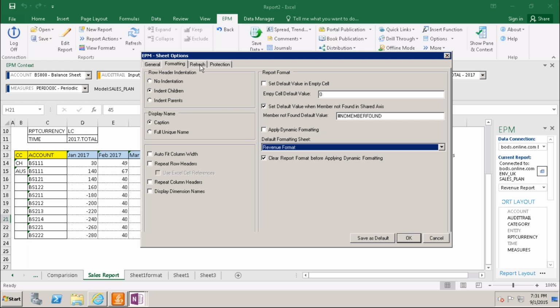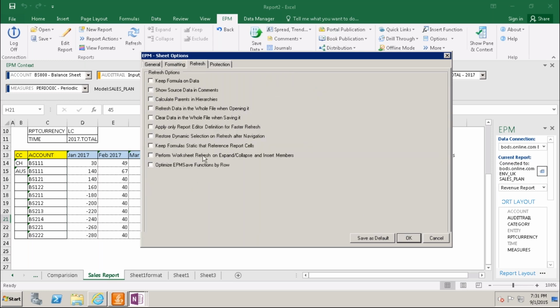Next, the third one is refresh. In this refresh we have so many functions, the same as in the edit report.